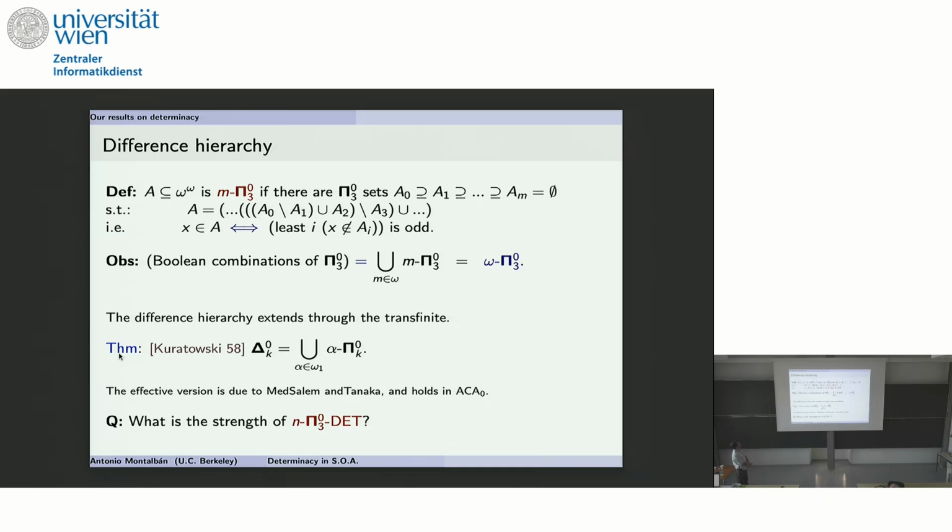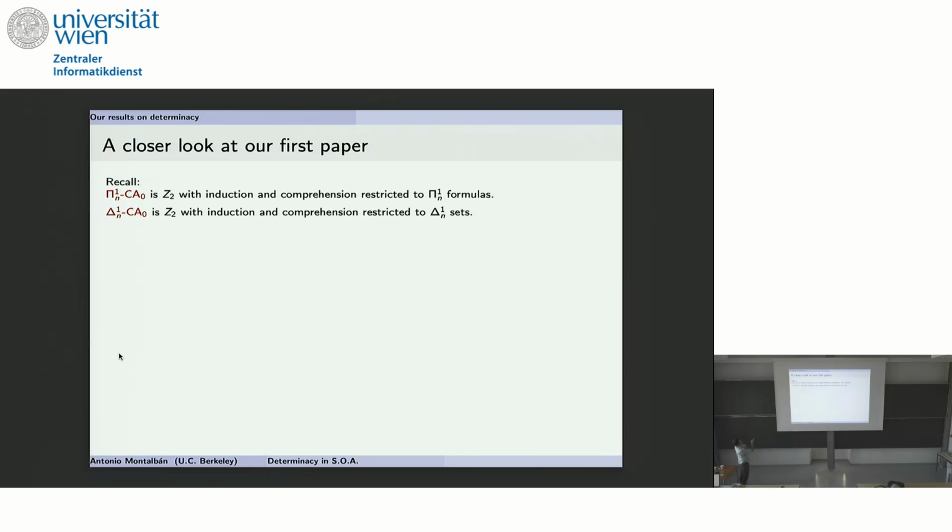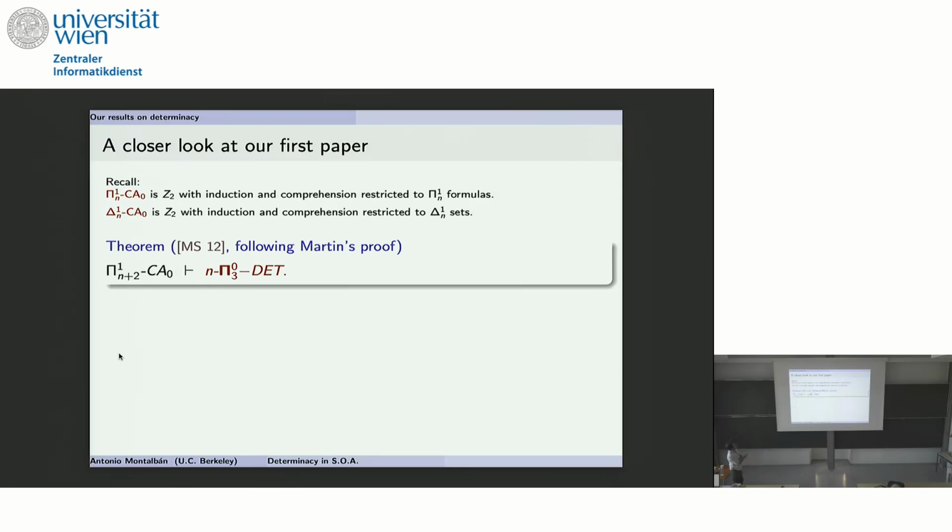Okay, so now we restate the question as: what is the strength of n pi 0-3 determinacy? So n-difference of pi 0-3 sets. Okay, I'm just saying what these systems are. Pi 1-n comprehension is, within second order arithmetic, where we restrict induction and comprehension to pi 1-n formulas. And delta 1-n comprehension is the same, but now induction and comprehension are restricted to delta 1-n formulas. And our theorem, okay, so the first one is,